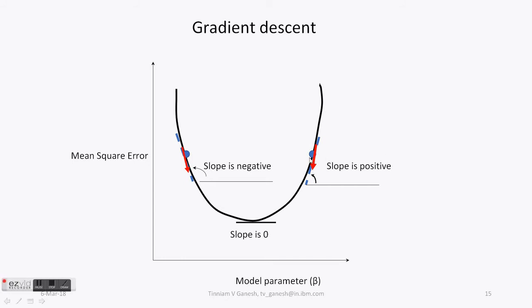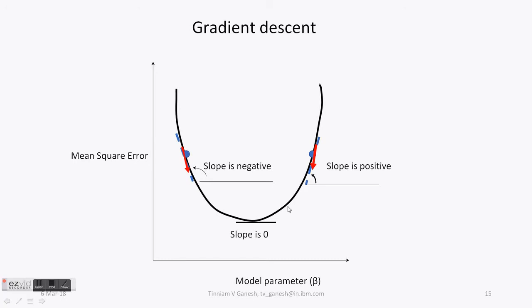Now if we take an arbitrary point on this side here, this blue point here, this slope is actually positive, because you can see this slope is about 60 degrees or something. And to be able to go in the direction where the mean square error is 0, we would actually have to update our model parameter in the negative direction of this slope. So what happens is, if we are at this point, we will try to move in the opposite direction of this